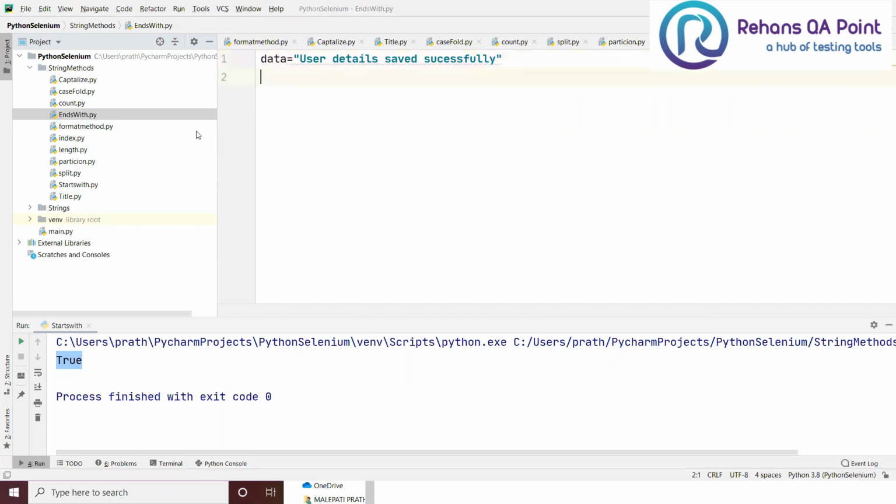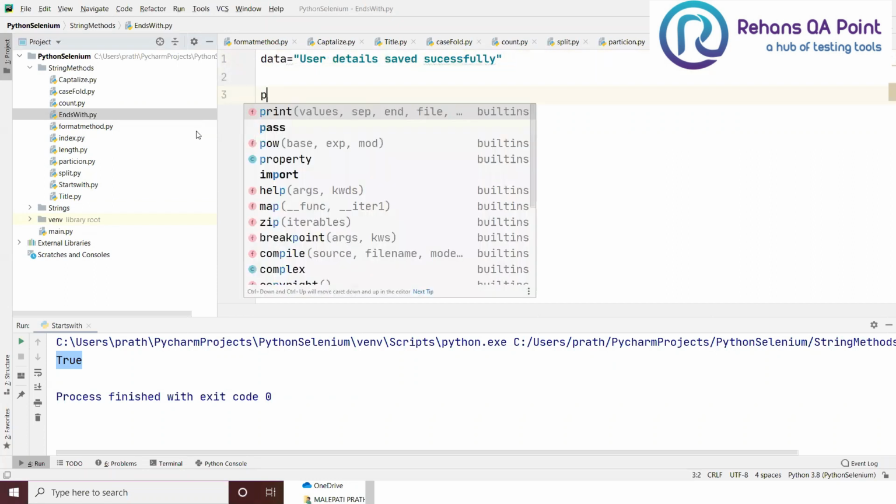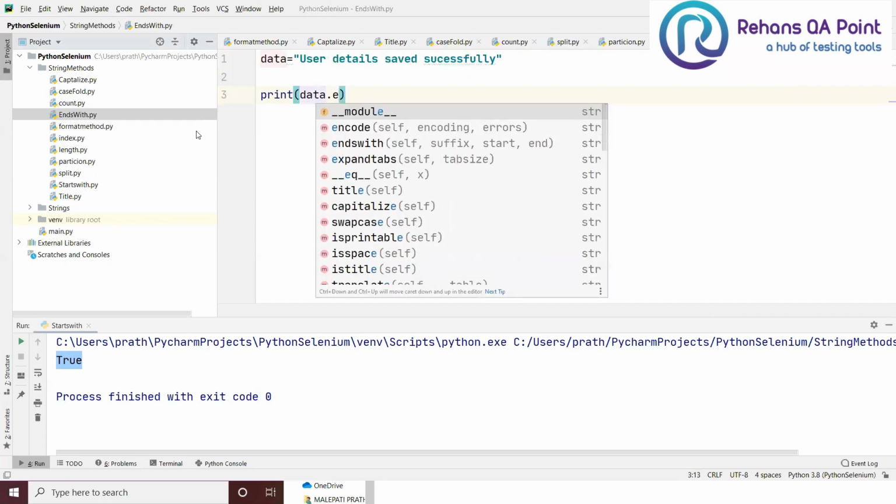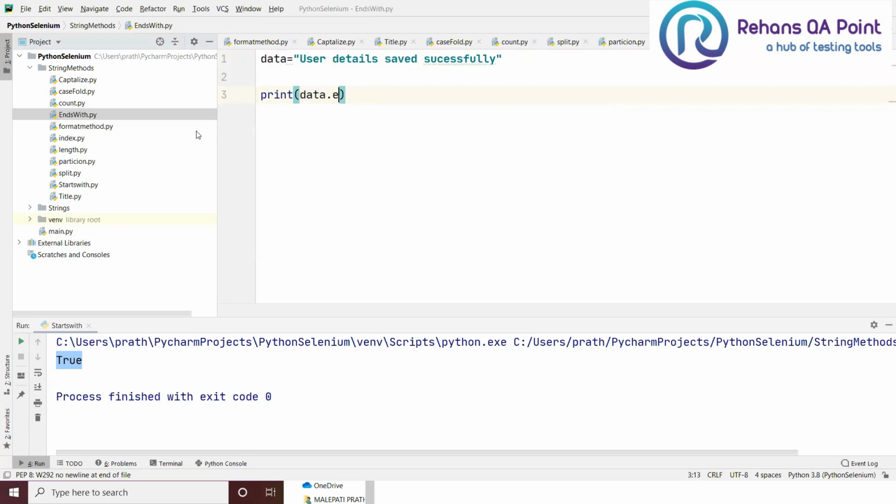So I write print of data dot endswith the word successfully. Now run this, you'll get true. If it is going to end with any other value, then I'm going to get a boolean value as false.